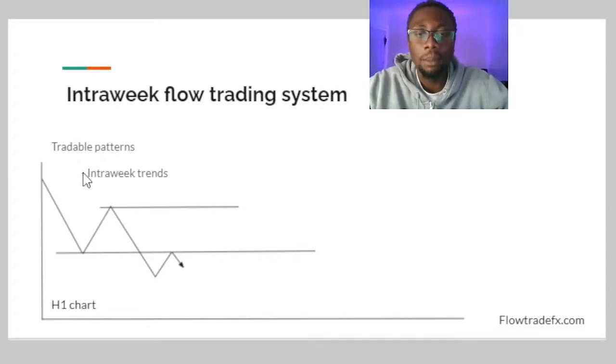So here we have an example of an intra-week trend. Like I mentioned just a moment ago, intra-week trends happen when over 3 or 4 days, two of them, the market has been moving in one direction. The market may be moving in a direction for most of the week or for several days in the week. That is an intra-week trend, where you're going to be experiencing times where price will decline if it's a downtrend and eventually hit a point